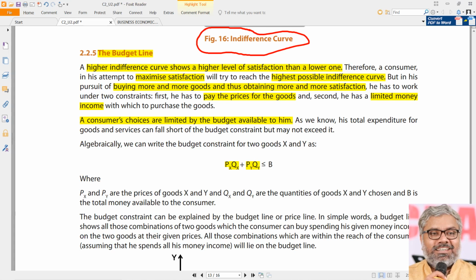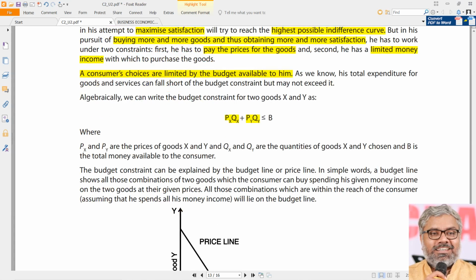Imagine you have only 100 rupees in your pocket, and don't tell me credit cards and all that. That is a separate story. You have only 100 rupees in your pocket. What do you have to do? You cannot spend 150 rupees because your budget was only 100 rupees. So either you have to reduce the number of pens that you purchase, or you have to reduce the number of chocolates that you purchase. Though you may require both at the quantities you anticipated, you may not be able to buy them because of your budget constraint. So you end up purchasing a combination of chocolates and pens within your 100 rupees budget. Whatever that combination is depends upon your choice.